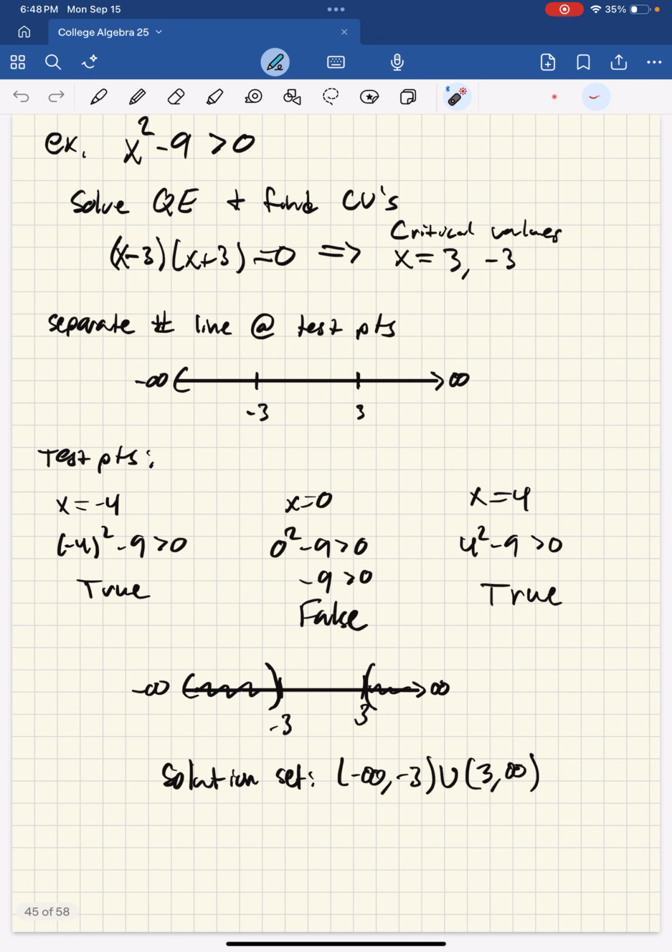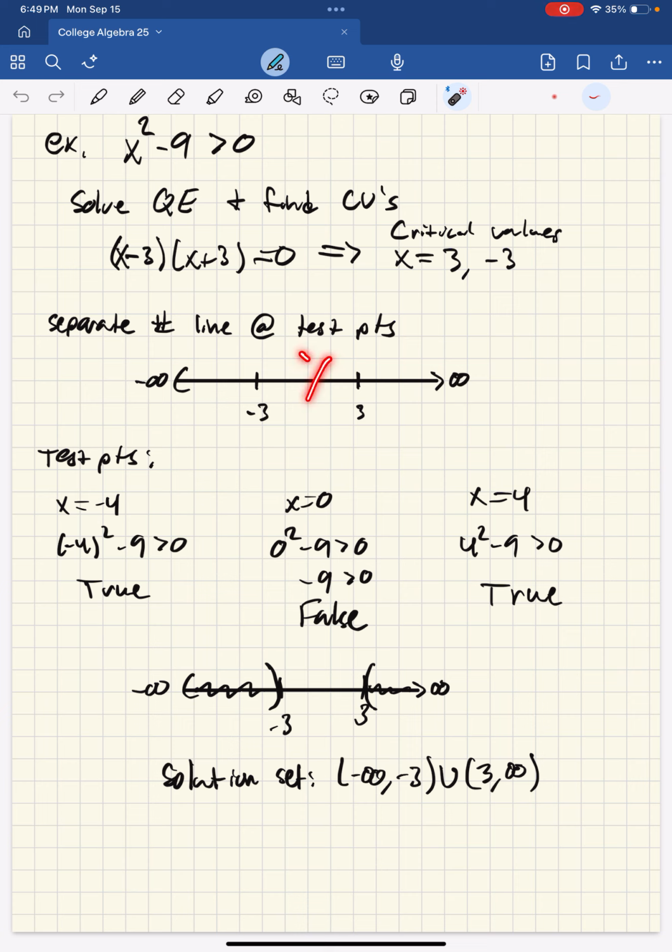5. So now we've got x squared minus 9 greater than 0. So same exact steps. Solving the quadratic equation to get critical values, we get 3 and -3. We separate the number line at 3 and -3. This time when we test the left interval and the right interval, we get true statements. So -infinity to -3 is going to be in the solution, and 3 to infinity is going to be in